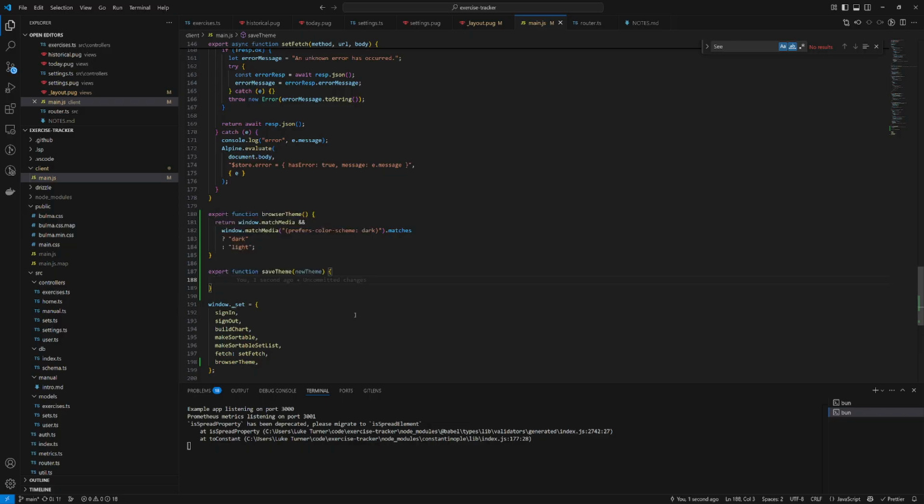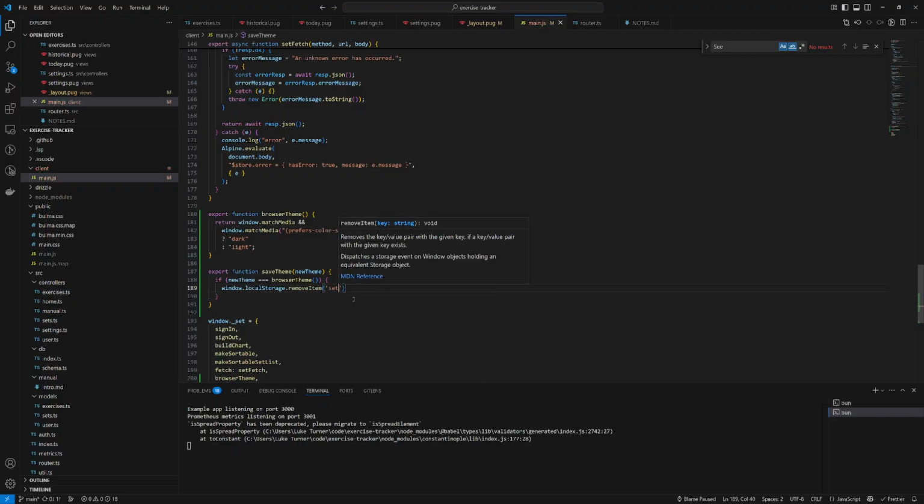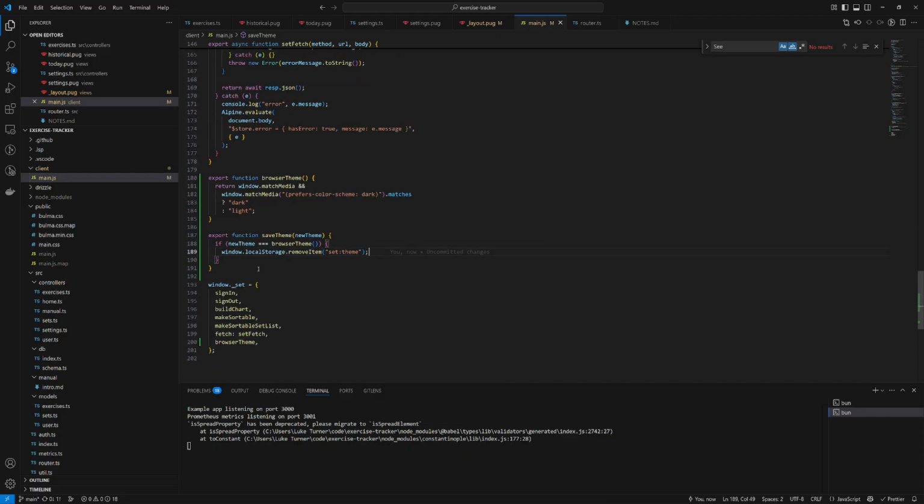And then we'll say if newTheme equals browserTheme, then we're going to do window.localStorage.clear, not clear. I want to delete one item, removeItem, setTheme. Otherwise,